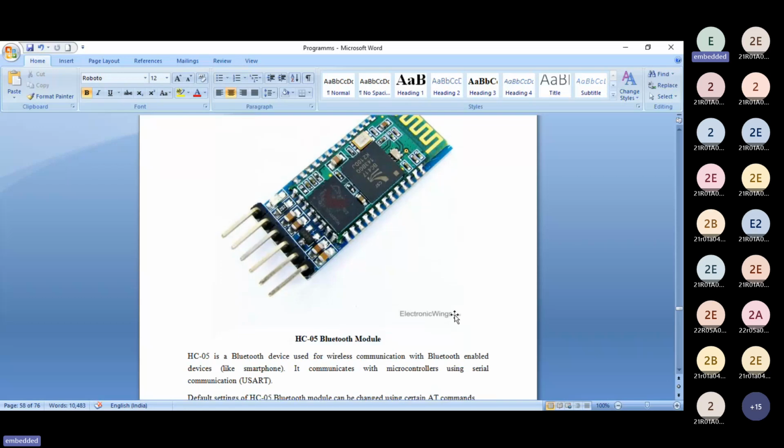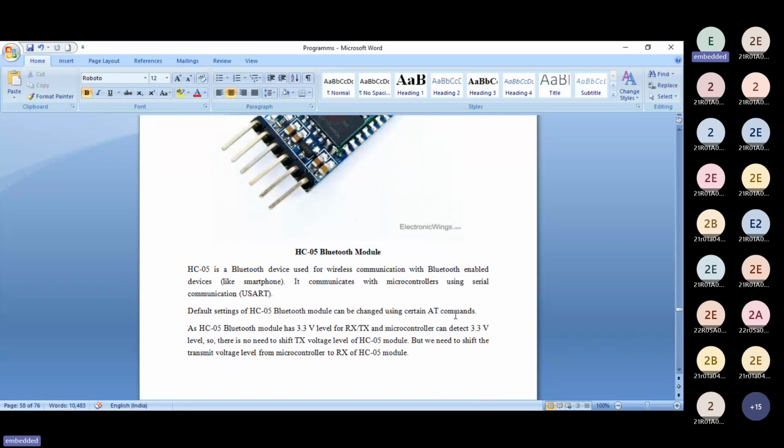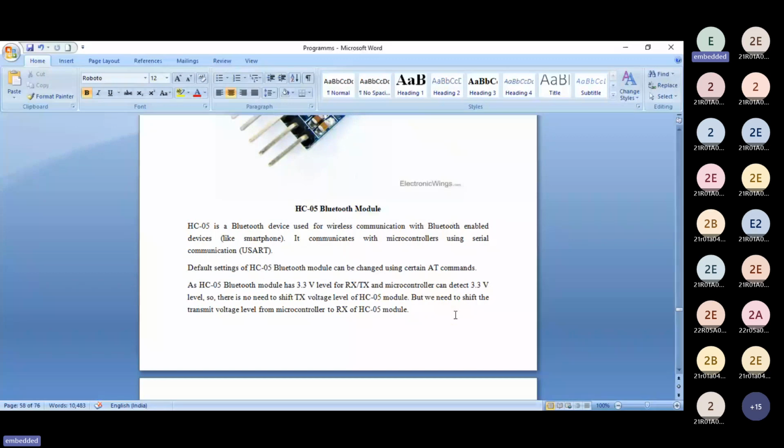So HC05 is a Bluetooth device used for wireless communication with Bluetooth-enabled devices like a smartphone. It communicates with the microcontroller using serial communication. Default settings of the HC05 Bluetooth module can be changed using certain AT commands, as the HC05 Bluetooth module has